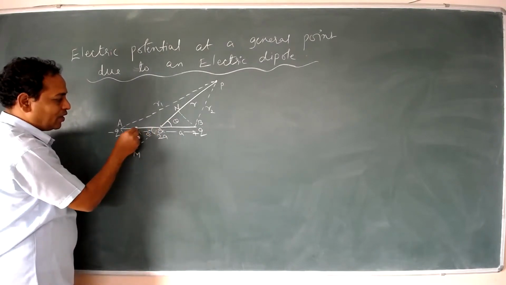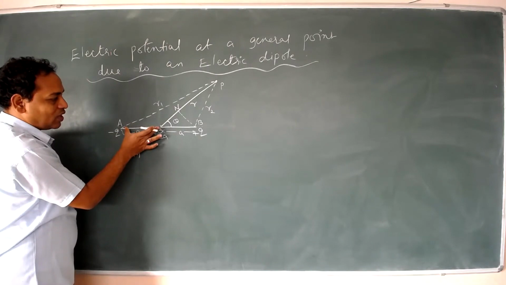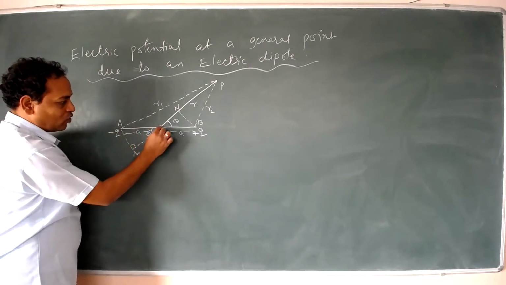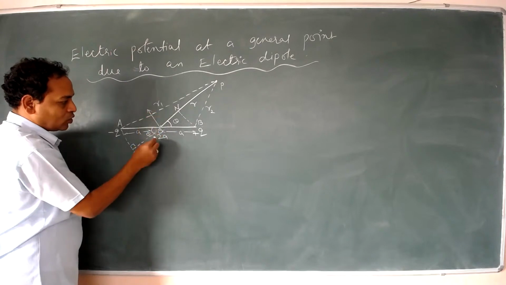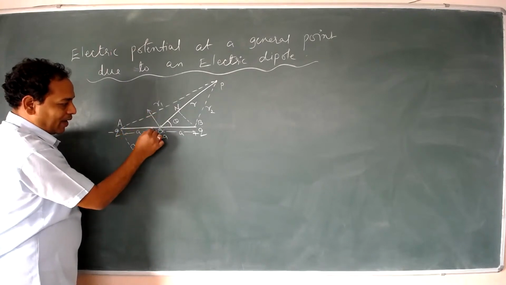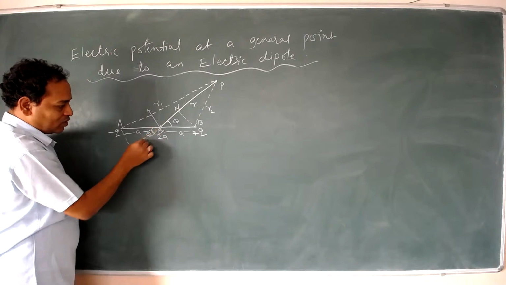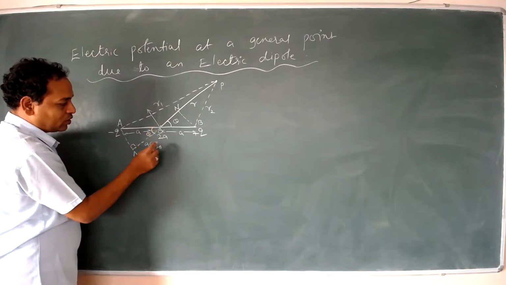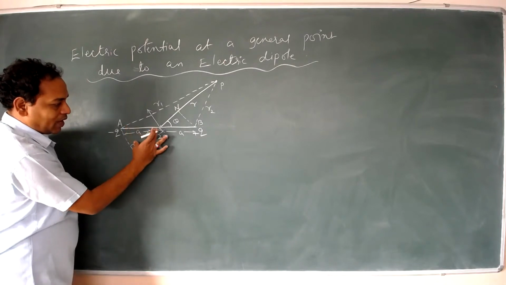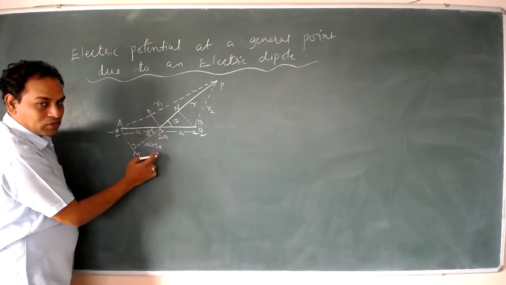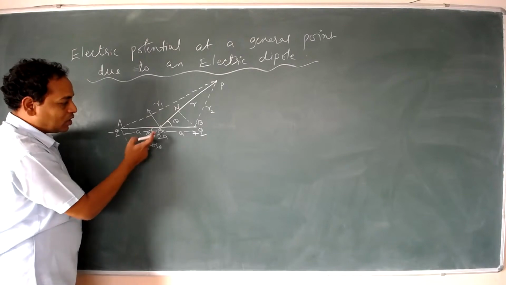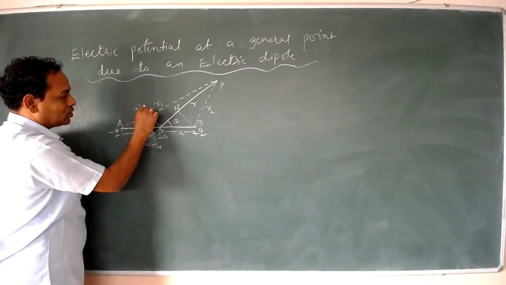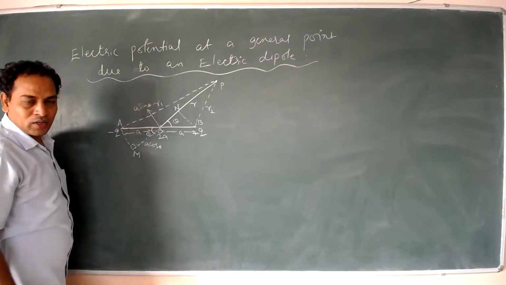Here this length is called a. This length a can be split into two components, one in this direction and one in this direction. If a is making an angle theta with this line, then this length is a cos theta. We know that if it is making an angle theta, on that side it will come as a cos theta. Similarly, this perpendicular component is called a sin theta. We know this very well.